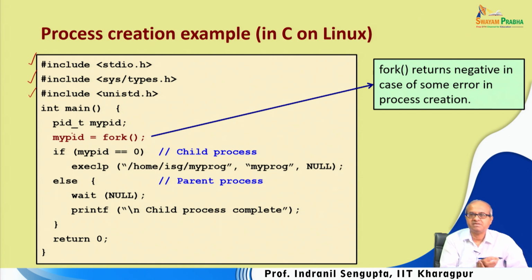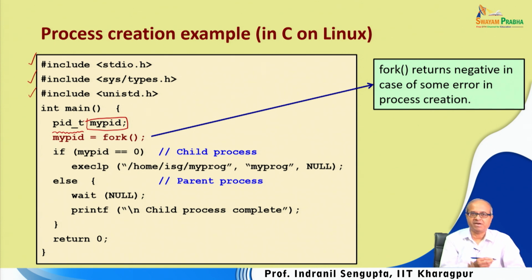Now, this main function starts. In sys/types.h, one data type that is defined is pid_t, which is the data type of a process ID. It is nothing but an integer really, but in that header file it is defined with a special name, pid_t. So, let us say we define a variable my_pid,